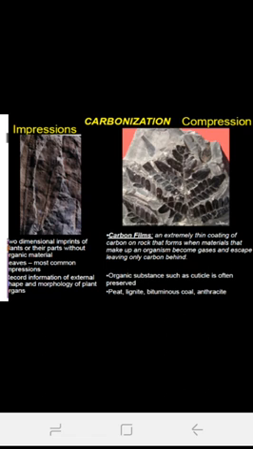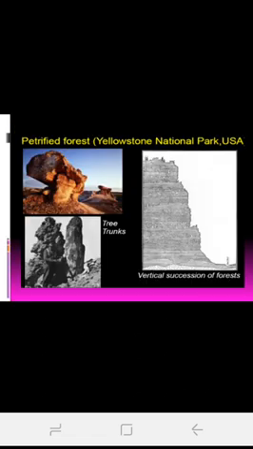So just look into the different techniques of fossilization, how fossils appear on our earth. It may be impressions, that is the imprints of plant and animal parts. So it's actually an imprint. Leaves are commonly formed like this in the form of impressions. So you can study the external features of the plant. Then carbonization, carbon films, a thin coating of carbon on rocks. You can see it like this. And also compression. So they may be compressed in a particular mud, soil, rock, etc. So different forms. Then some other forms like cast, petrifaction, etc. are also there.